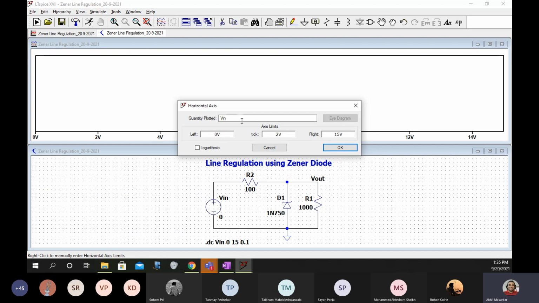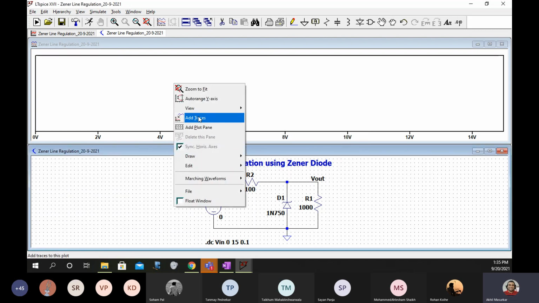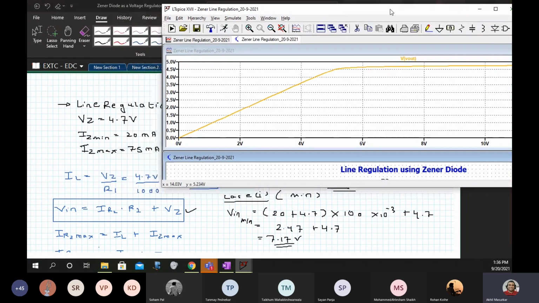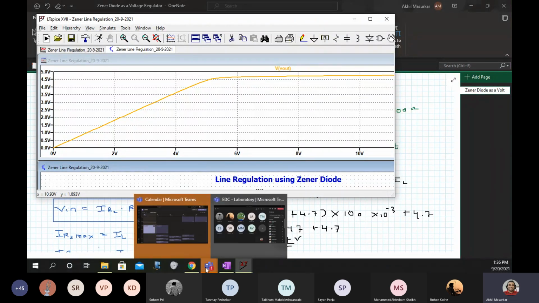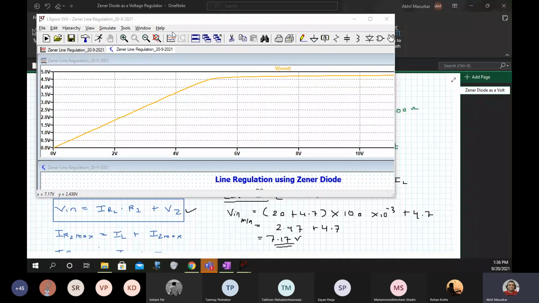Now you can see here what is plotted on X, Vin. Now on Y, let me plot Vout. So you can see that the simulation will show something like this.